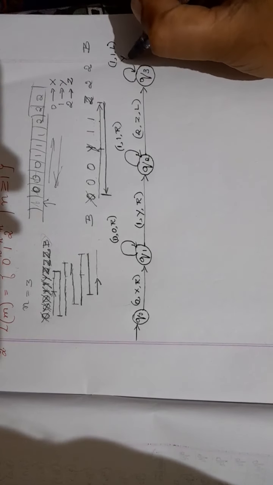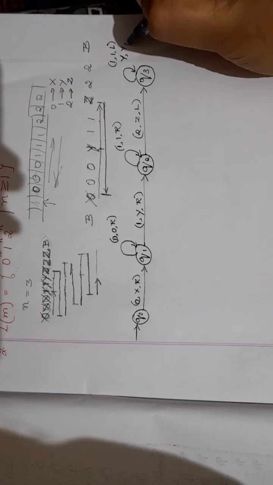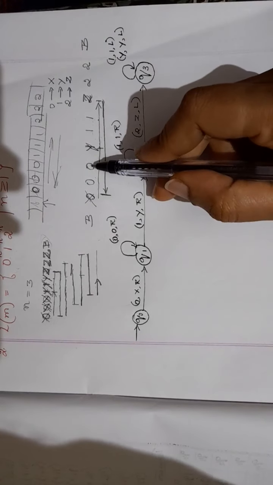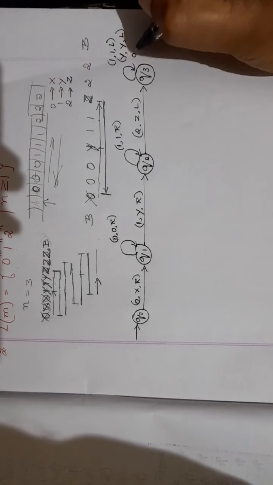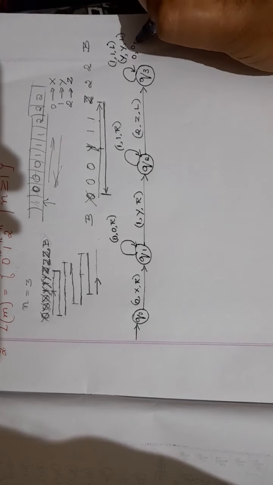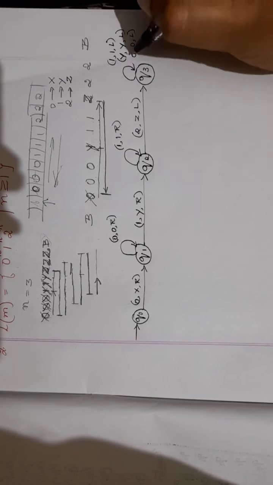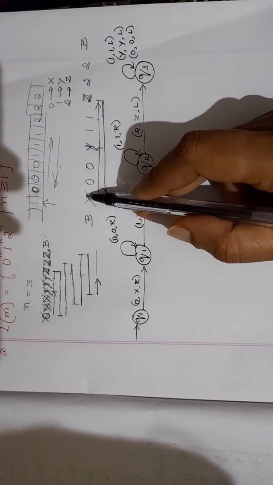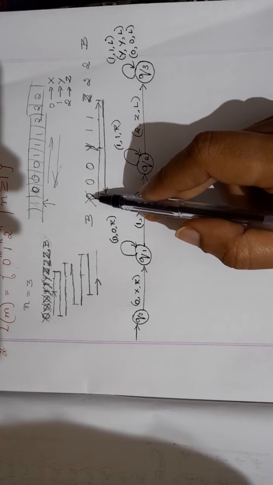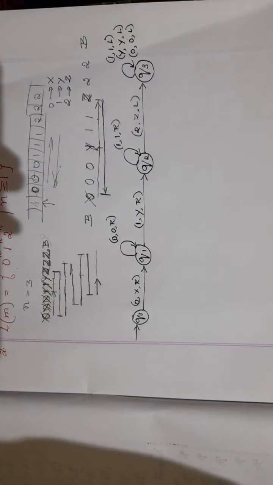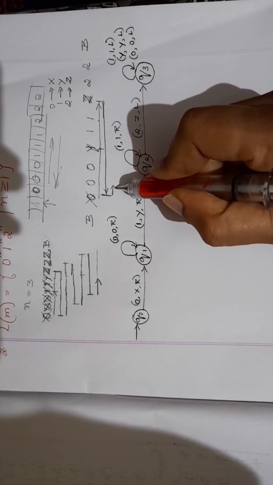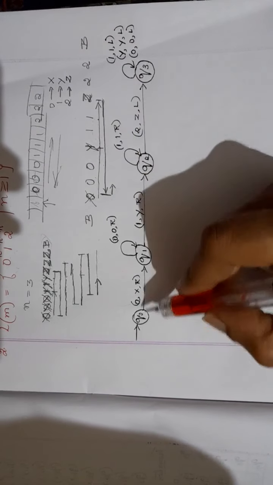When you read Y, keep it as Y itself and move left. Now you are reading 0. When you are reading 0, keep it as 0 itself and then move left. 0, 0, 0. Now you are reading X, you have to stop. So after stopping, what should you do? Change the direction, and then the same procedure will repeat.